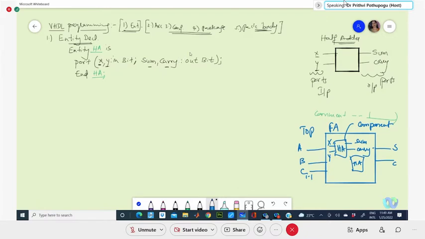Now, maybe if any single line or any input or output is carrying more than one value, then we can call it a bit vector. Say as a simple example, something like a mux is there.